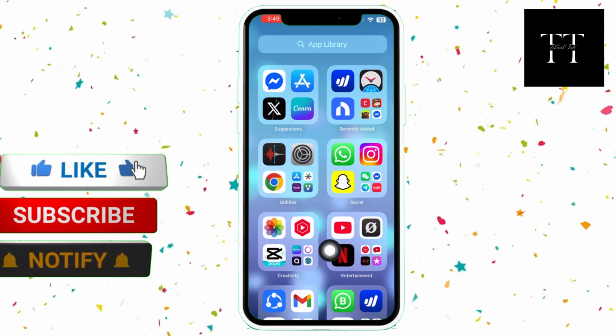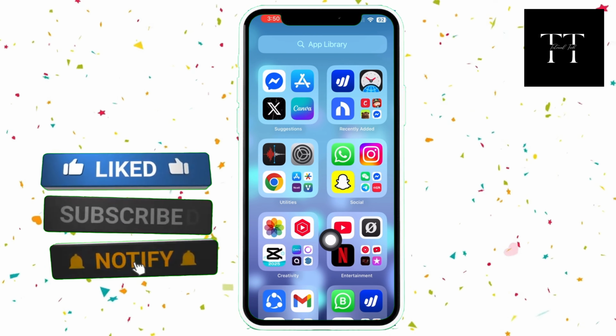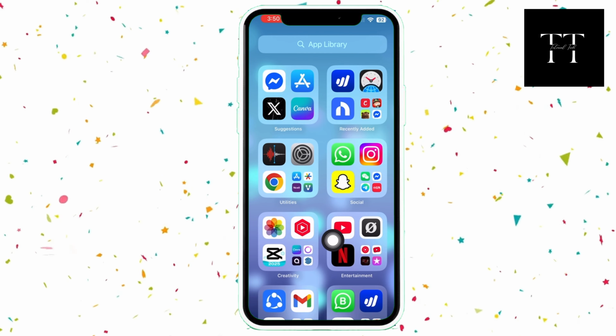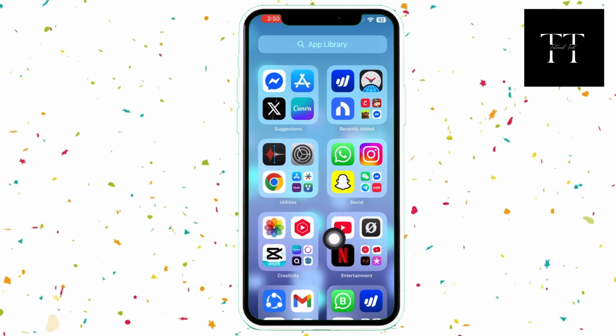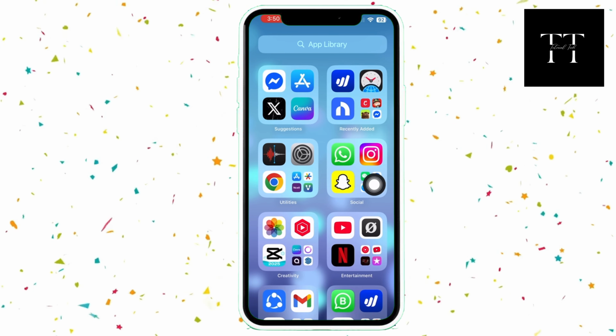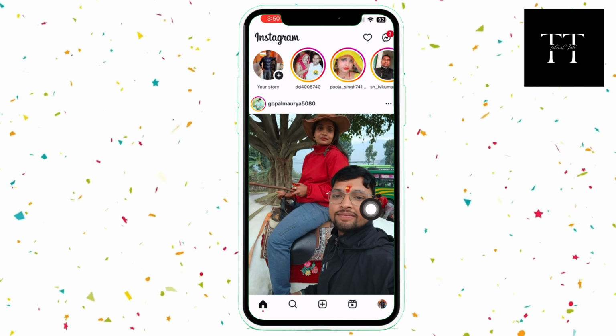Today I am going to show you a super simple trick for how to share music in Instagram DM, whether you want to send your favorite song to a friend or share a trending track. So let's get started. First of all, open the Instagram app on your phone and tap on the messenger icon